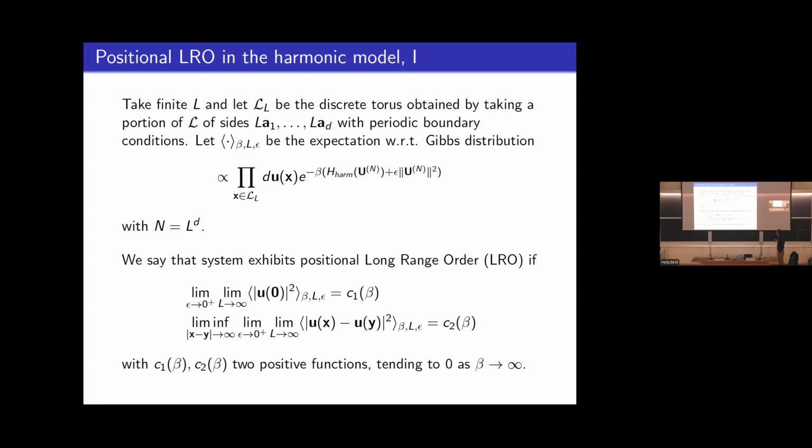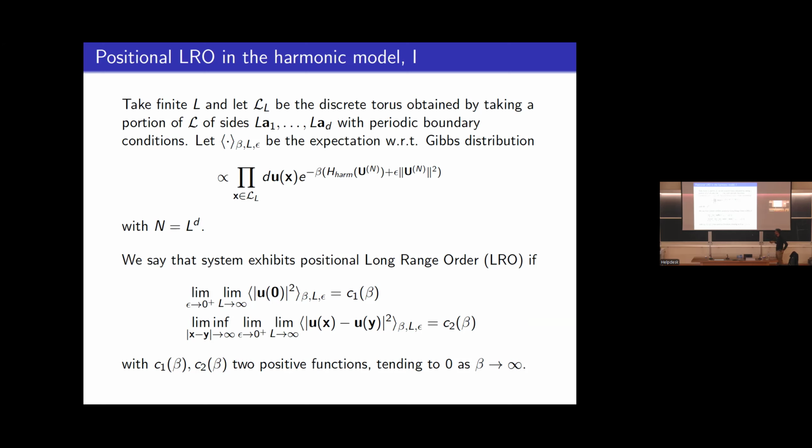We say that the system exhibits positional long-range order, which I will write LRO for long-range order, if these two things happen. I take the average quadratic displacement of an arbitrary particle. Since I have periodic boundary conditions, I can choose the one close to 0. I take first the thermodynamic limit, then the symmetry breaking parameter to 0. I would like this to be positive, but small as beta is large. Remember that U is the displacement with respect to the ideal position. If the displacement is 0, the particles are exactly in the ideal position. If the quadratic average displacement is small for beta large, this means that at small temperature, typically I'm very close